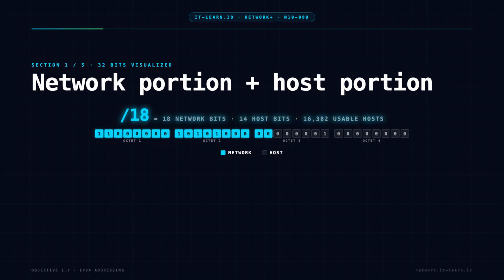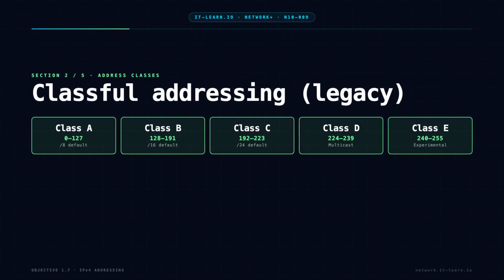are the host portion. Let us review the original IPv4 address classes. Class A addresses range from 1.0.0.0 to 126.255.255.255 with a default subnet mask of 255.0.0.0 or /8. Class A provides a large number of host addresses per network. Class B addresses range from 128.0.0.0 to 191.255.255.255 with a default subnet mask of 255.255.0.0 or /16. Class C addresses range from